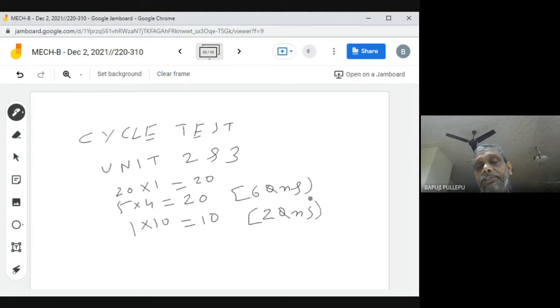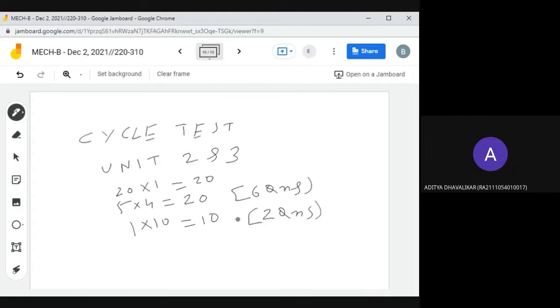Part B, you will have 6 questions. Minimum 5 questions is enough. 1 question choice. Here, 1 question choice. This maybe they will go in part C. 1 is unit 2, 1 is unit 3. Here also, part B, unit 2, 3 questions, unit 3, 3 questions. So, totally 6 questions. Out of 6, you have to choose 5. Any doubt?